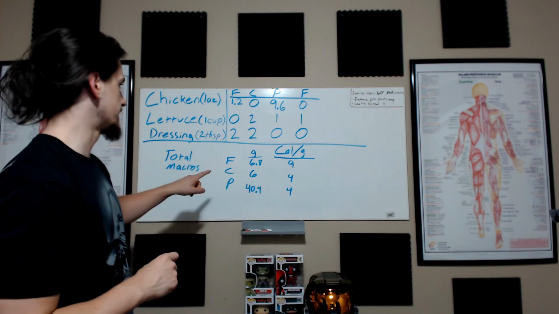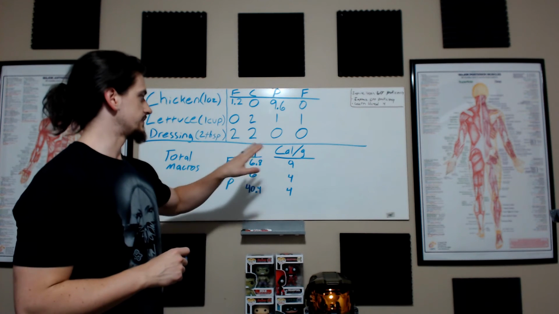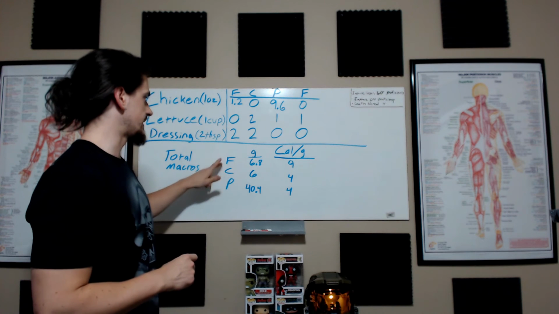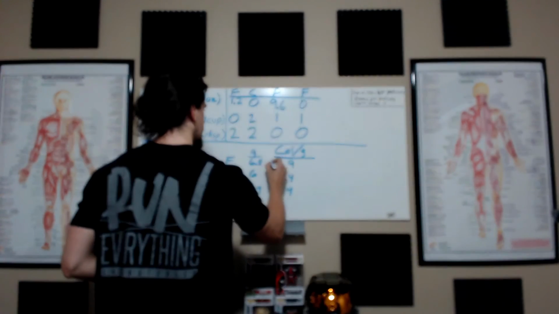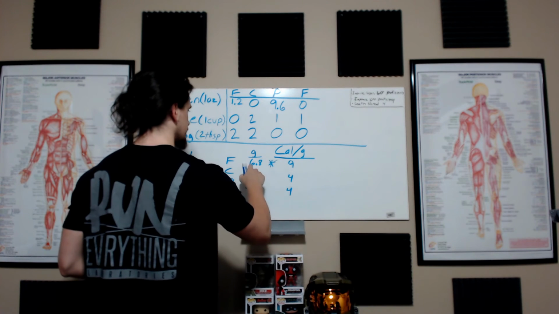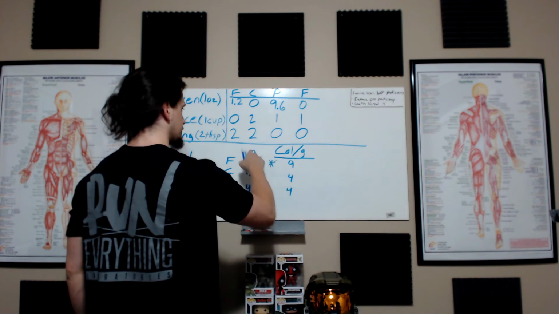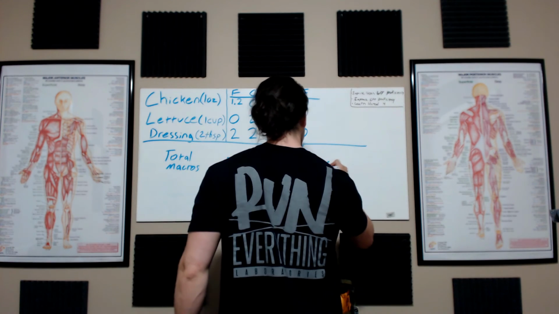Right here I've thrown up the total macros for the meal, and I've again thrown up the calories per gram for fat, carbs, and protein. So let's go ahead and multiply these out. So 6.8 times 9 calories per gram is